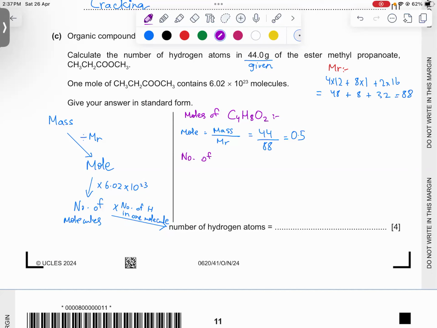Now number of molecules of C4H8O2. We'll do number of molecules equals to moles multiplied by Avogadro's constant Na, equals to 0.5 times 6.02 into 10 to the power 23. Yes, you are right, Mariam. 3.01 into 10 to the power 23 molecules. Hydrogens,